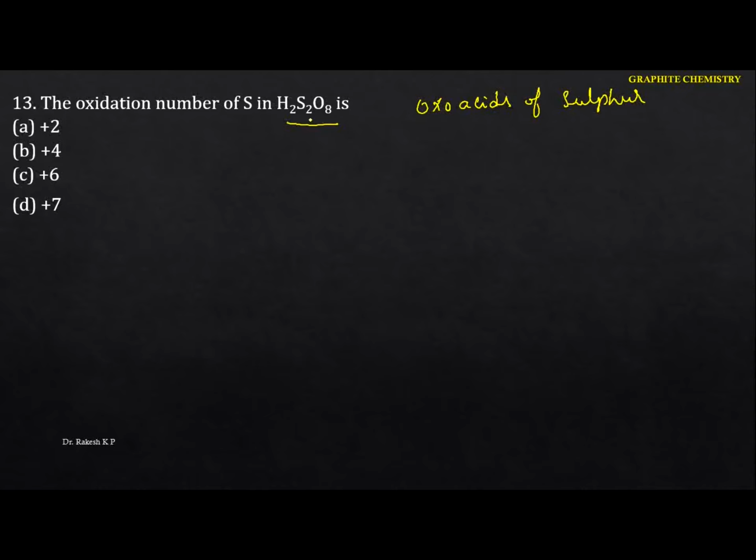Remember one thing, when you have this type of formula, better you go for the chemical bond method to calculate the oxidation number of sulfur. So I'll make it very simple by writing the particular structures here. Just see this one. The structure of this particular oxo acid will be like this. So we are having double bond O, again OH. Here also I'm going to write double bond O, and again I'm going to write H and also O. So especially in the chemical bond method here, just go to this one.